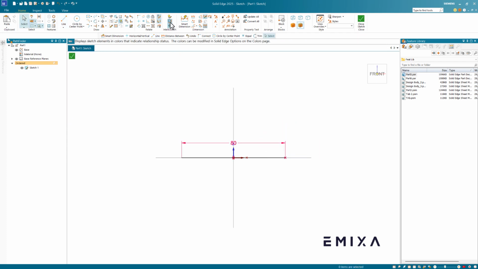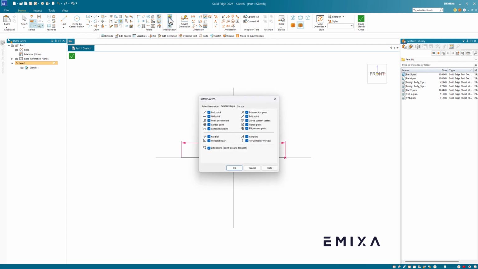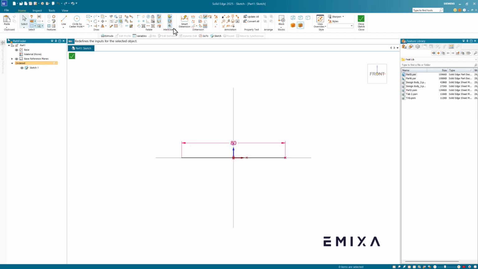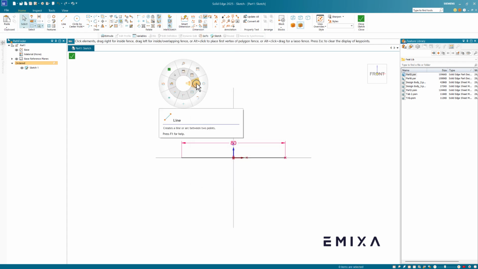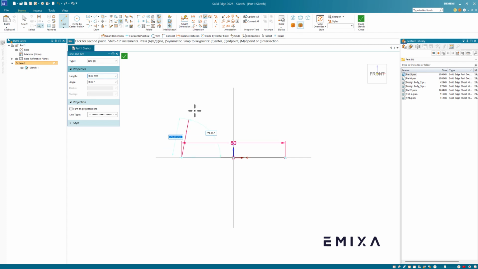So quick thing, I've got relationship colors on. I've also got the option for auto dimension only when it's created with keyed in values. So make sure those options are clicked, and we get to that from the little light bulb icon on there. So I'm going to go back to the line command using that, and then I'm going to go up,